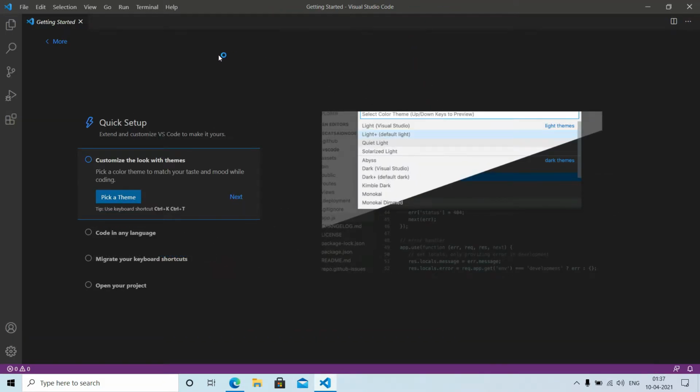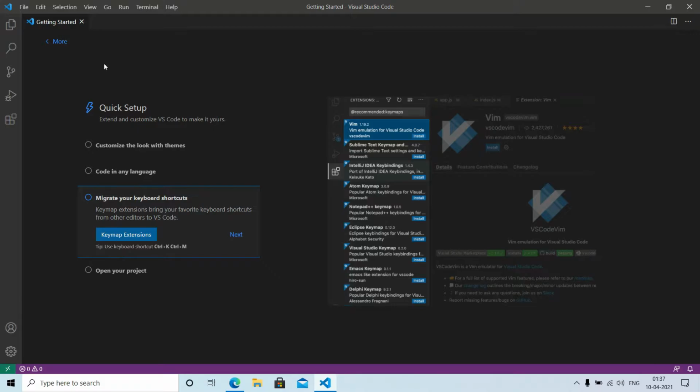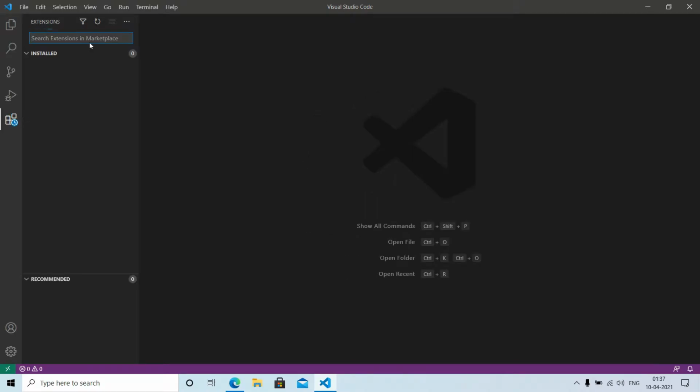I've opened the VS Code. You can go through the guide or you can customize the stuff if you wish. I don't want to do anything. I'll just close that. Okay, for running Python, you should have two extensions, that is Python and Pylance.